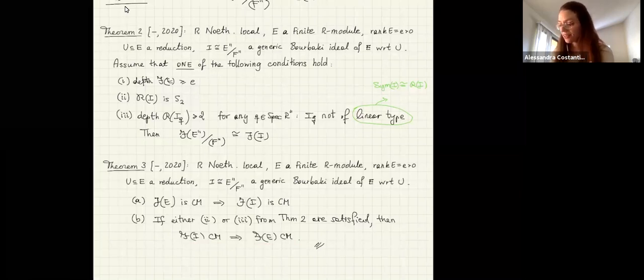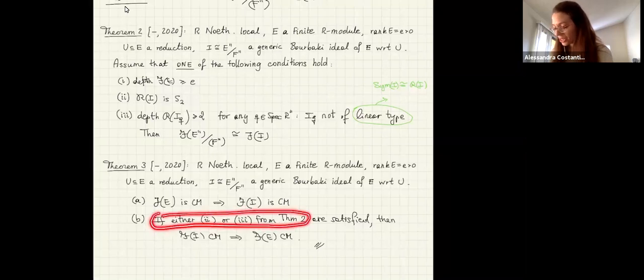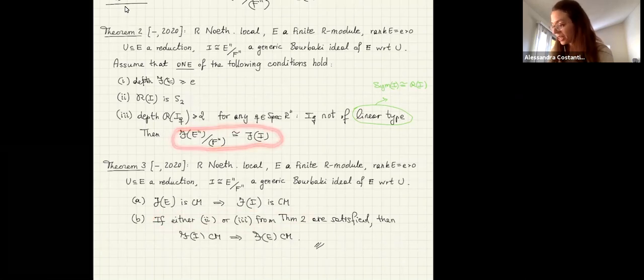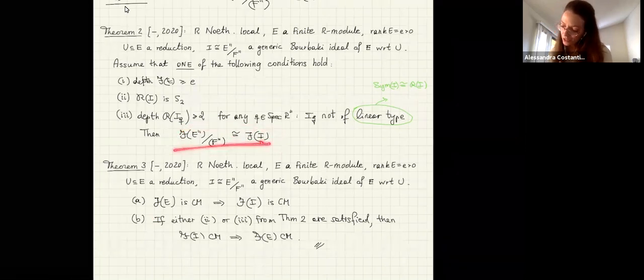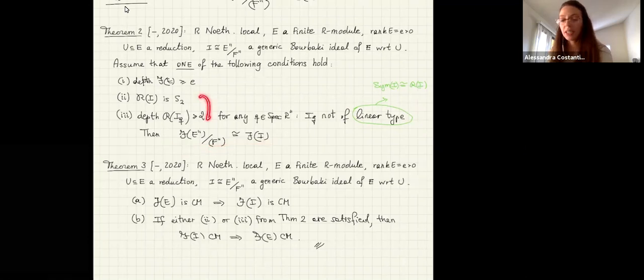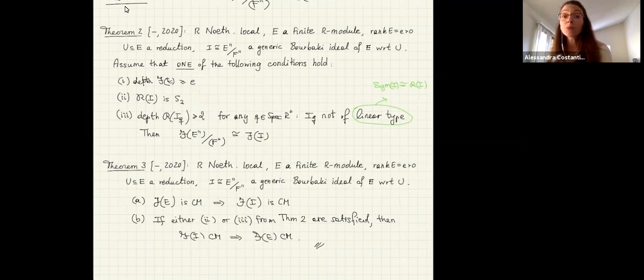What is making it trickier than in the Rees algebra case is that you need these conditions for this direction. And in general, I was not able to prove that you can obtain this deformation property going in this direction unless I was making assumptions on the Rees algebra. I haven't figured out a way to do this without going through the Rees algebra, but I'm really hopeful that this works. I really hope that maybe in some classes of modules, this happens without knowing anything about the Rees algebra. And it will be important to know it without prior information of the Rees algebras, because sometimes